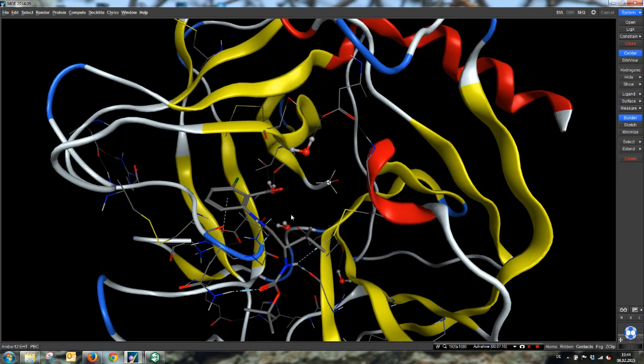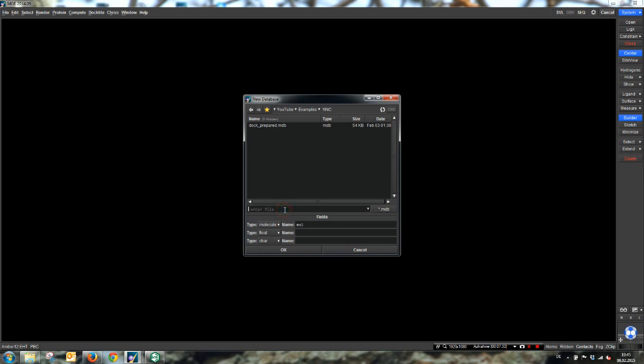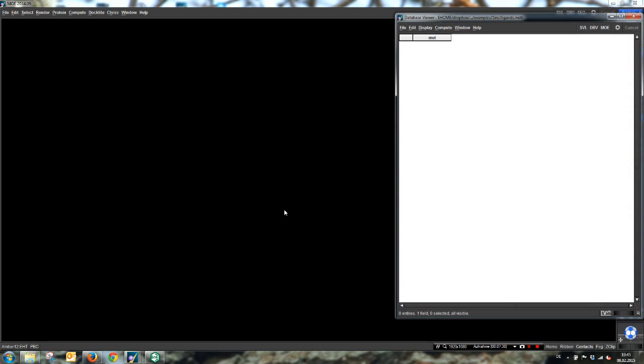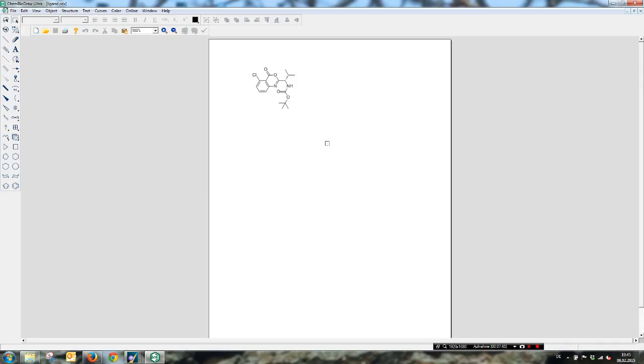Okay, these are the receptor files we need, and now we need a ligand database. For this purpose, we open a new database. We name this database ligands.mdb. And now we have to sketch our molecule in the pre-reacted form. Of course, you can also get it from the PDB, but in pose prediction, it's better to not get it from the PDB,